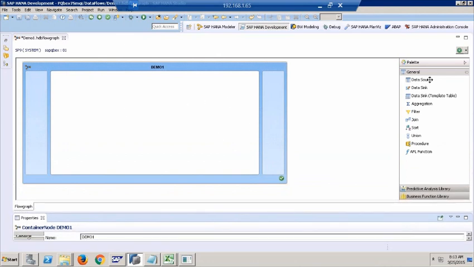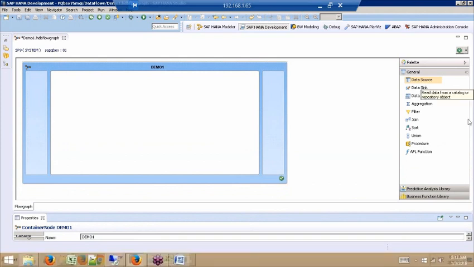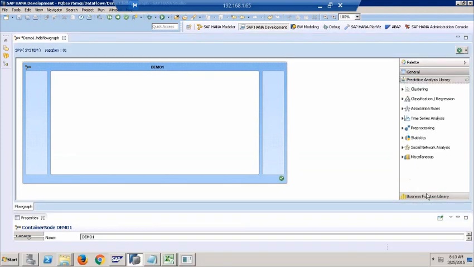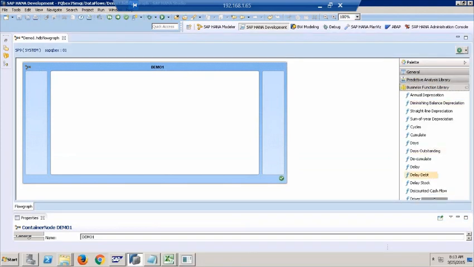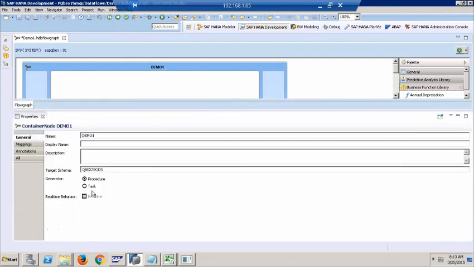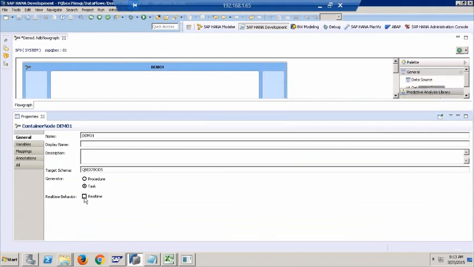See, now on the right hand side you see all this general, and in BODS we have join, union, filter, procedure, AFL functions, predictive library functions, business function library. Also, suppose if I put real time, then here, if I put task,